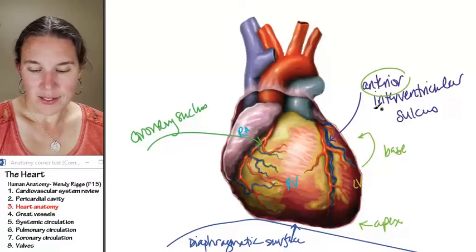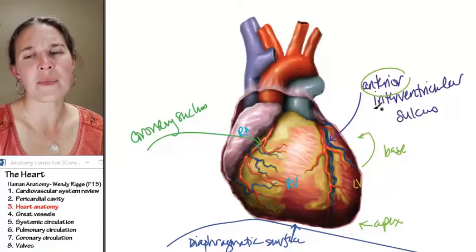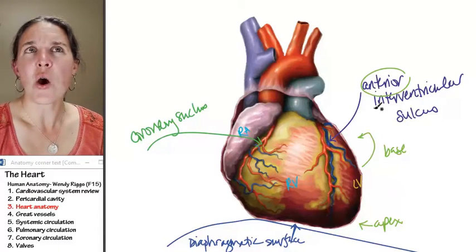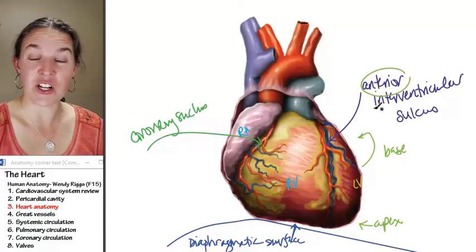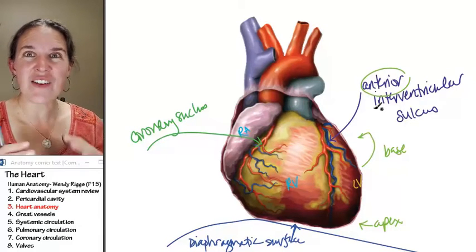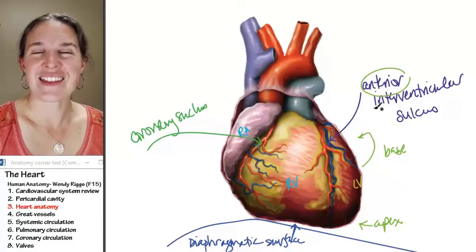Thanks, heart. I think that's everything that I need to show you from the outside of the heart. And once we start adding in our vessels, which is what we're going to do next, then things are going to get